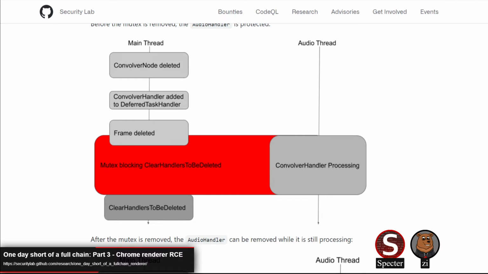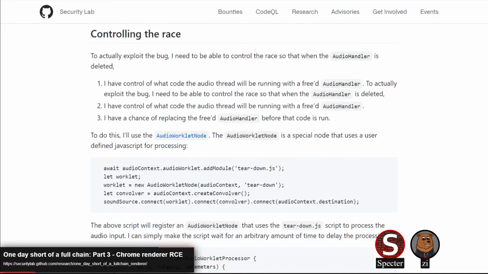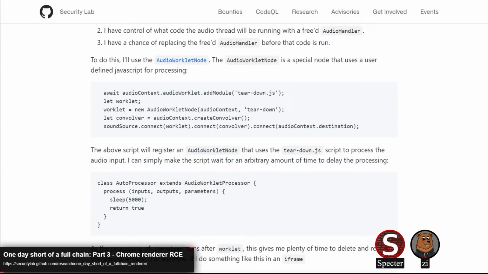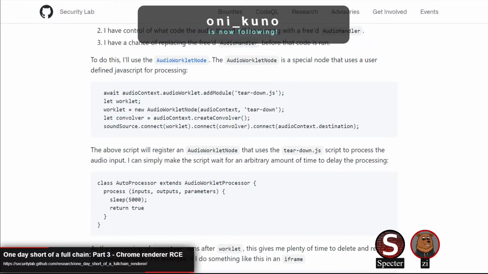Yeah, the post goes through how they managed to control timings to exploit the race by using audio worklets that'll sleep. As far as I understand, you can use that to basically guarantee which race you want to hit. Yeah, that's a pretty cool strategy. It seems like the worklet lets you provide JavaScript that'll run as that node within the audio processing. So yeah, just sleep and you basically have complete control over exactly when things move on. And of course you control what node it's going to go to next. Yeah, lots of control here. I thought that was really interesting.